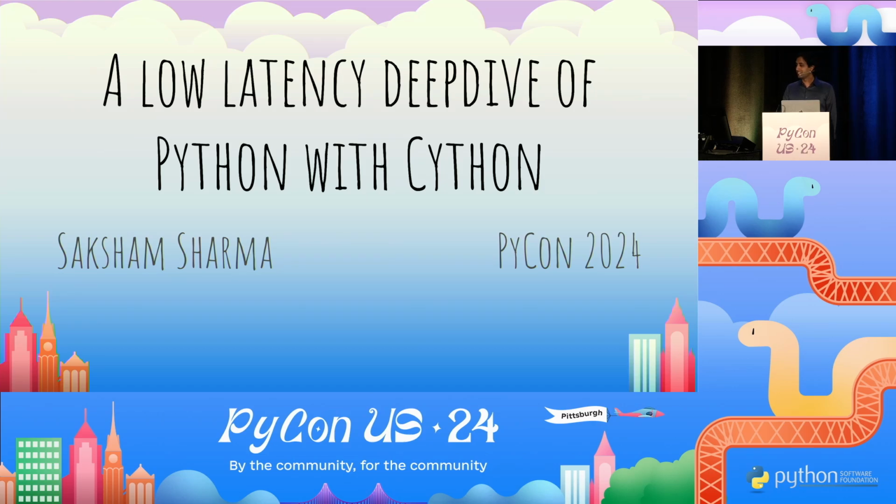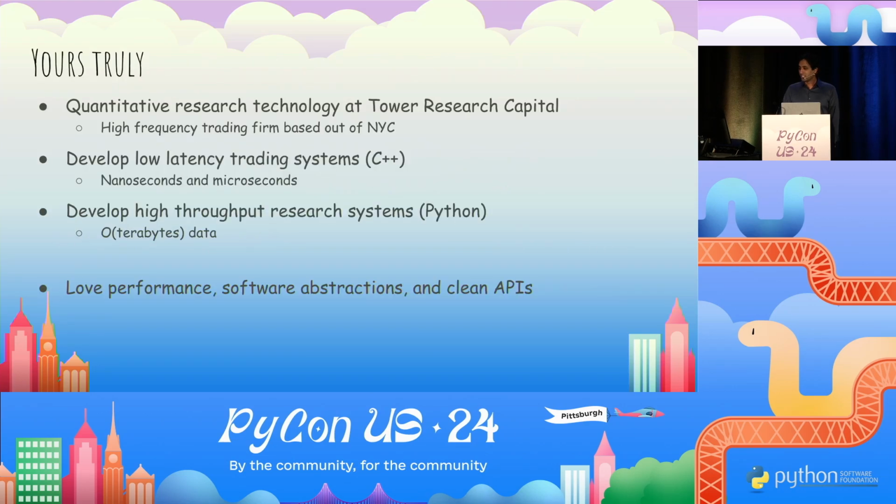Hello everyone. As mentioned, I'm going to talk about how to look into the performance of your Python program today. We'll use Cython as a tool, but we'll see where the numbers take us. Before we get started, I do quantitative trading. I build trading systems in C++ and trading research systems with Python in New York. And I like clean APIs and clean abstractions, and I like fast code, so that's where I got the inspiration